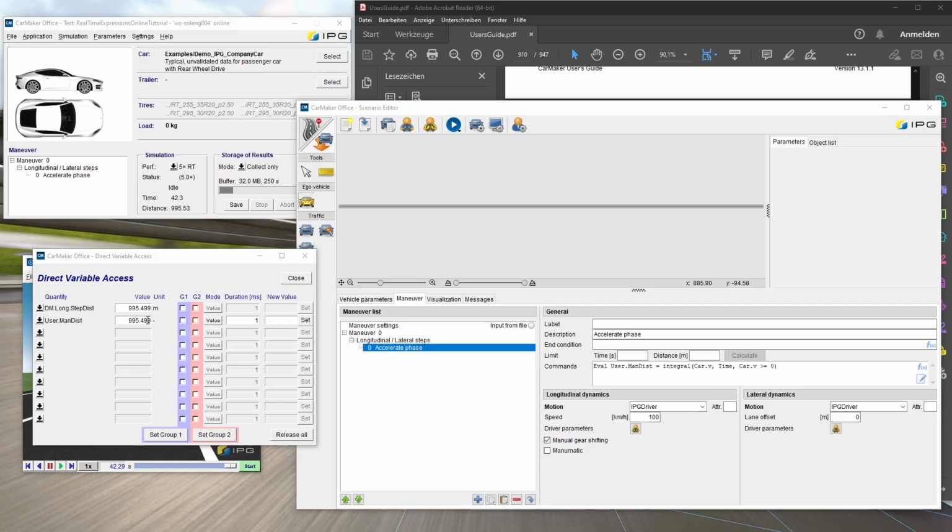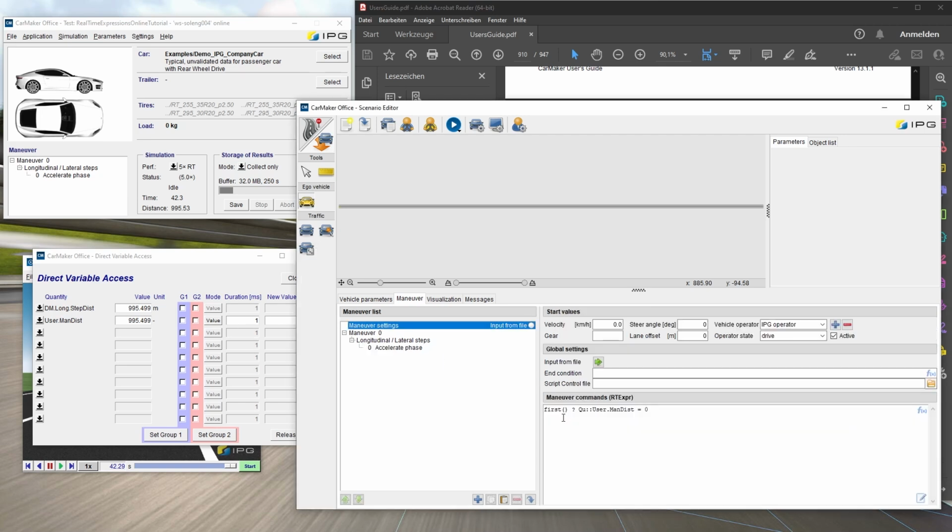Let's now try another example by extending the actual test run configuration. I will create another quantity called user delta t, which will store the passed time between two measurement points. And I write the required line in next mini maneuver.